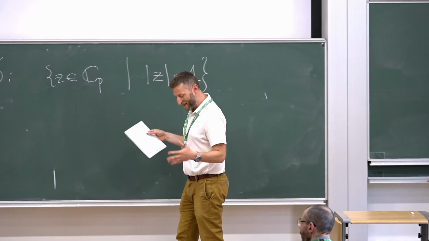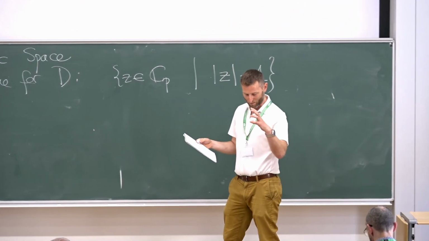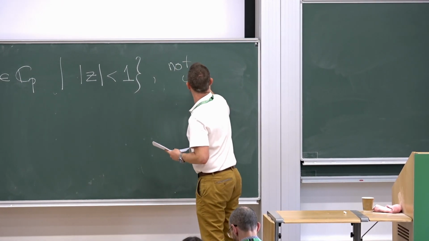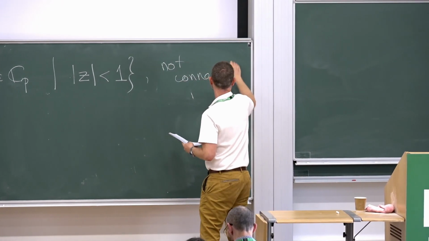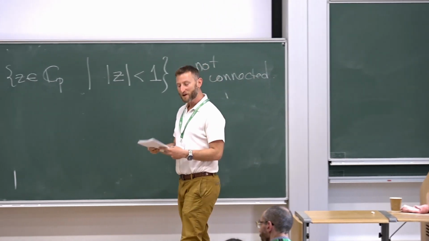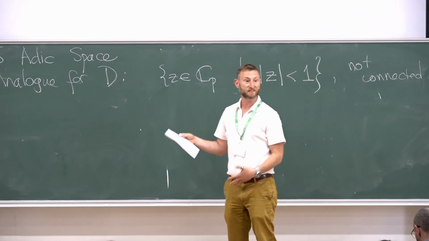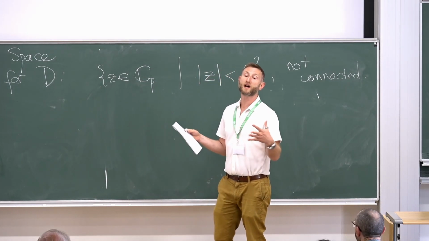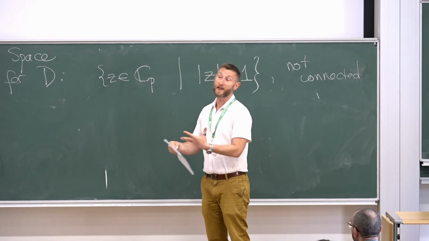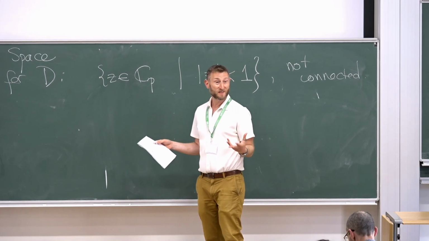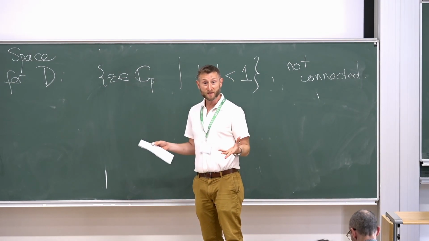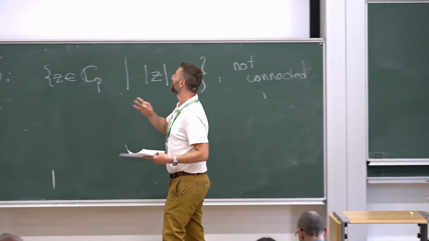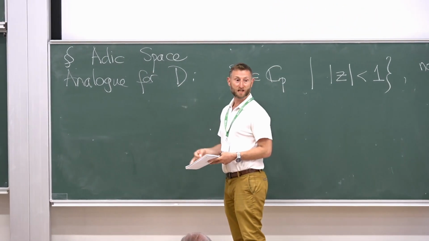The problem is it doesn't have very good properties that you would expect from a ball or a disk. It's not even connected. So that's an issue. If we want to do some kind of analytic geometry with such a space, it would be great to have something connected. This is what prompted Tate and then Huber to invent new theories of non-Archimedean geometry, to solve this issue, where you want to do geometry in which a space like D should be connected.